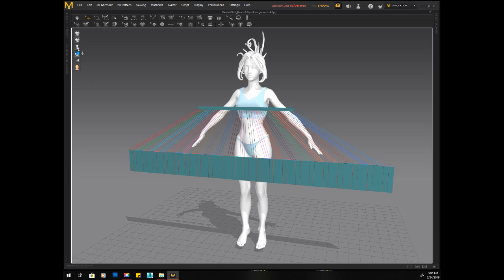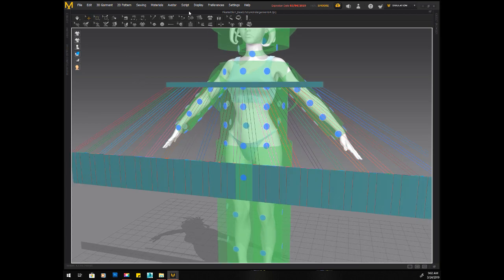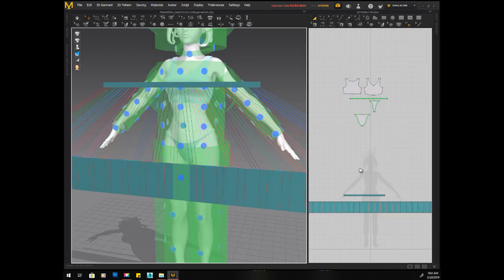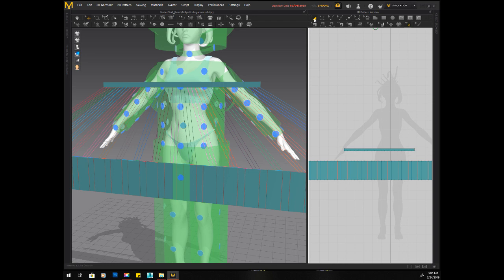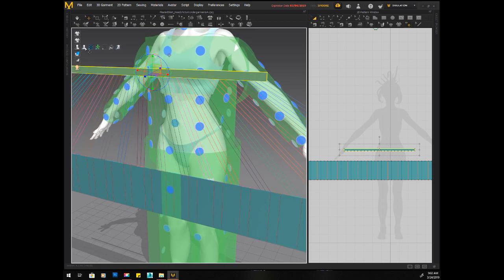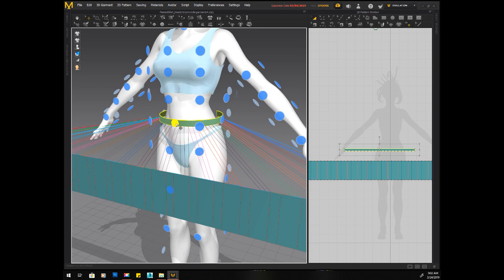Before we do the final sim on the skirt, I am going to utilize arrangement points. These were auto-generated by Marvelous Designer. It was able to look at the character's volumes and figure out where they should go, which is really nice. So we'll simply grab the hemline and pick a point, one of these little blue dots here, and voila. Now I'm going to move the hemline up a little bit so it's got further to fall,